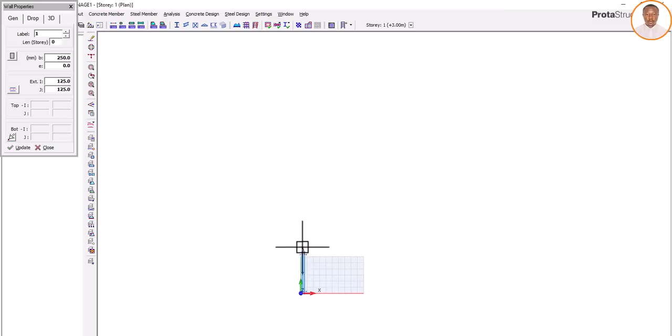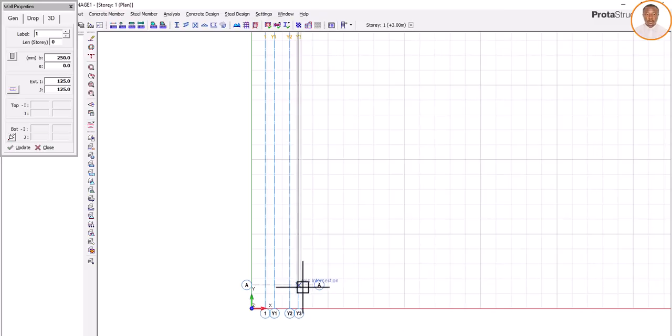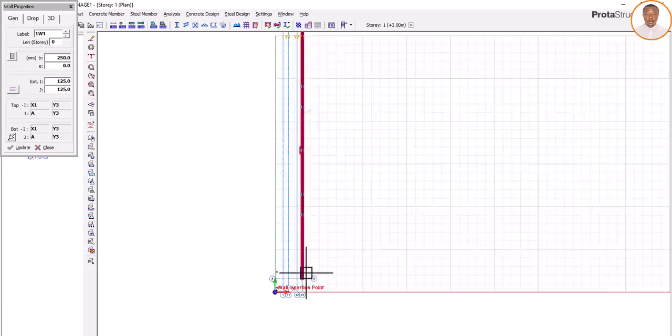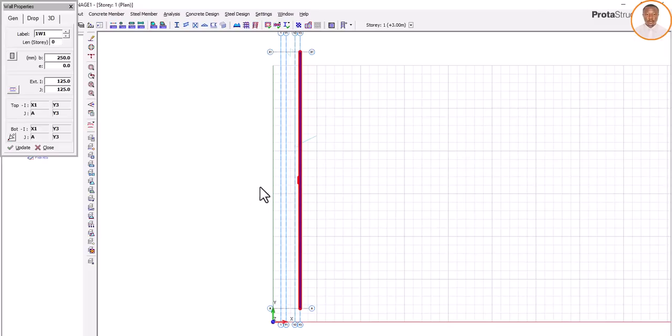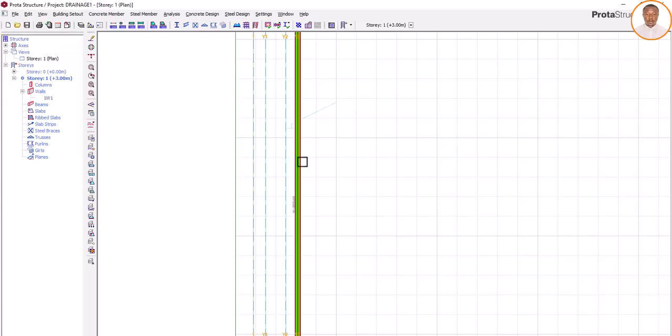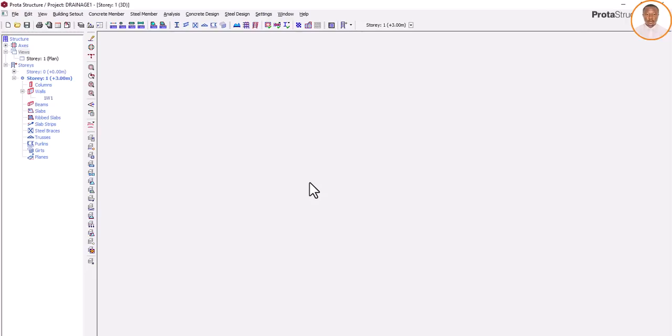Where is it? It's a long distance. So bring it here and click. So you can see it. Have you seen it? So I escape, so as you can see it. So you can see my wall. If I go to 3D now, click on 3D, so you can see my